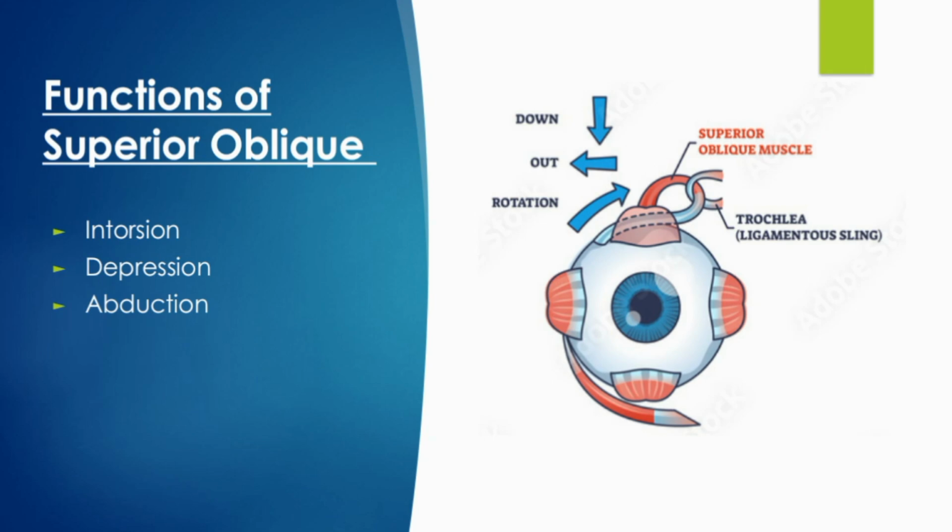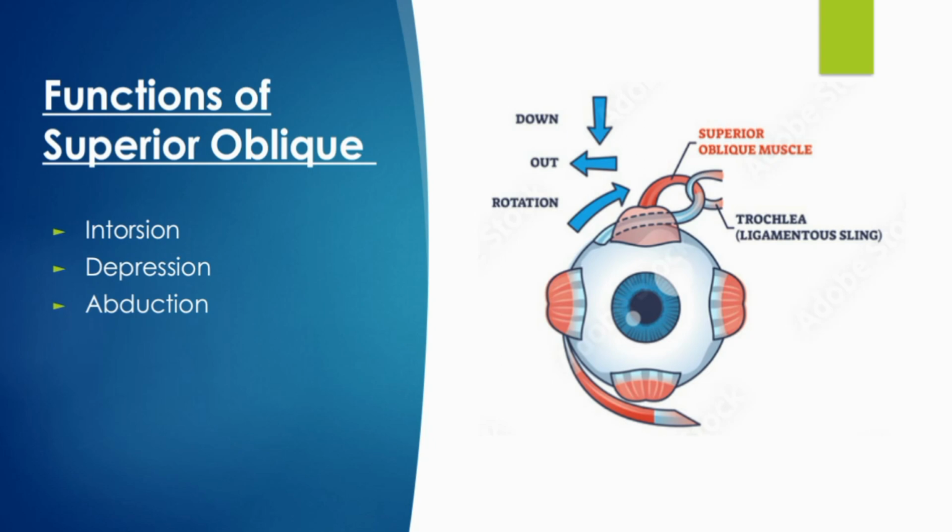So what is the function of the superior oblique? It's a cyclovertical muscle which has its vertical function as well as its torsional function. So the superior oblique muscle has its primary, secondary and tertiary function. The primary function of the superior oblique is that it helps in intorsion, the rotational or torsional action, that is intorsion or incycloduction, and it moves the 12 o'clock cornea towards the nose, right? This means the intorsion, and